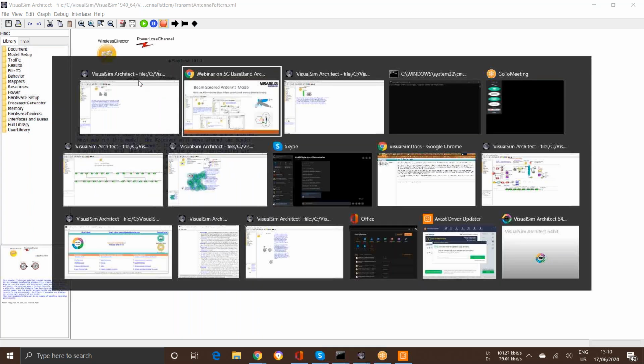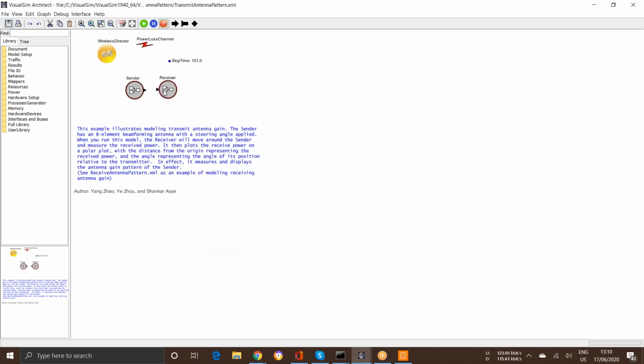It points the main lobe directly at the user, so it will have a direct contact. Like this, we designed an 8-beam steer antenna. So the receiver is going to move around the center, and we're going to plot the power, how the receiver